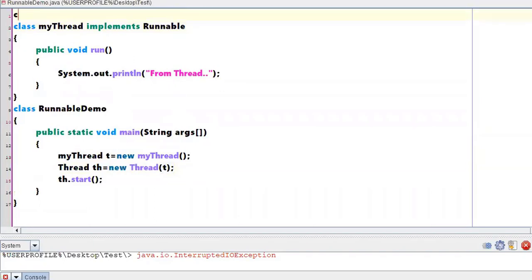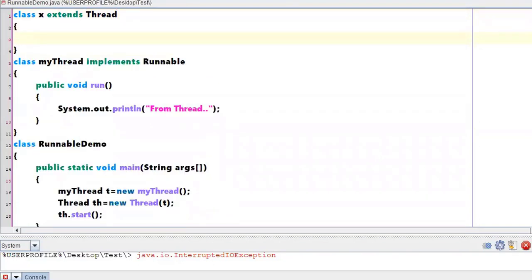the difference. Say for example, I am writing class X extends Thread. Valid way of writing a statement. Now the question is, class X is extending the Thread class. Okay, that is fine.